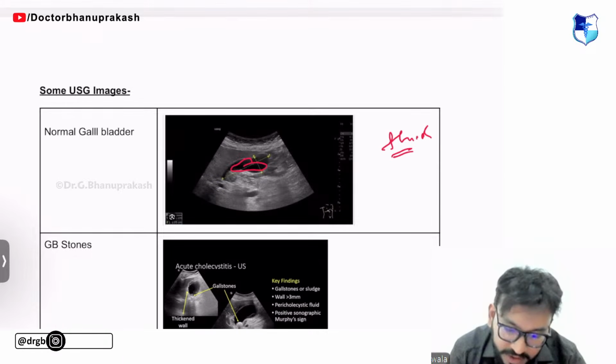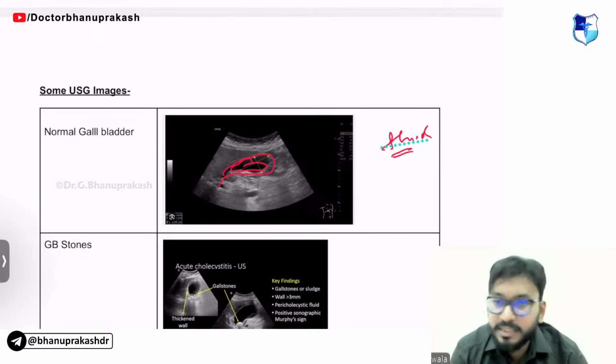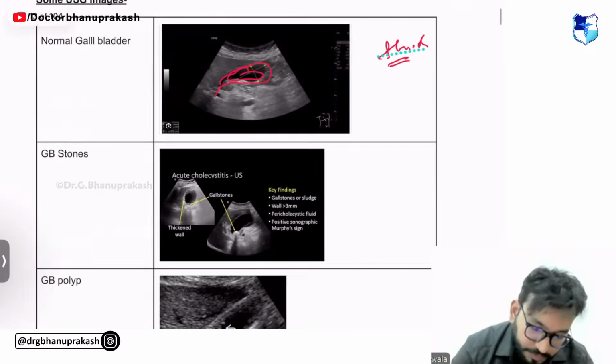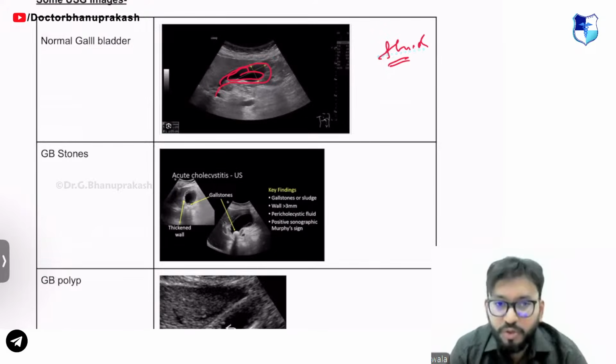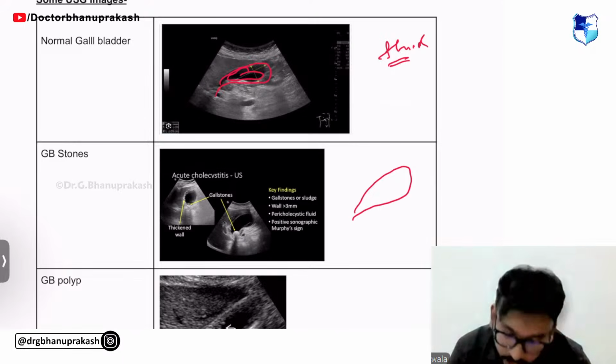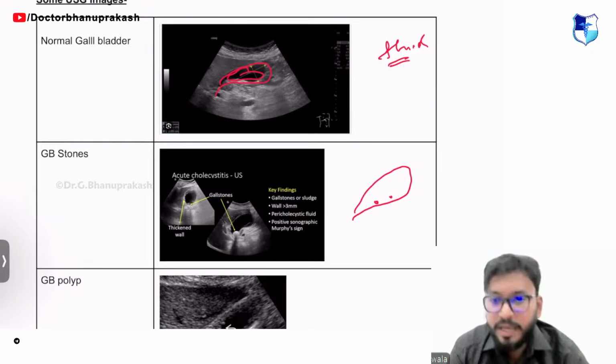What is the fluid? What is the structure that you see? It is nothing but gallbladder, and the fluid inside is nothing but bile. This is a normal gallbladder, guys. Okay, right. So gallstones. Like I said, this is the gallbladder. You see normal black because of bile, and somewhere in between you will see white shadows.